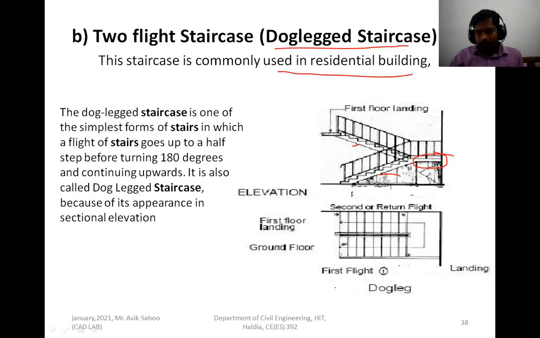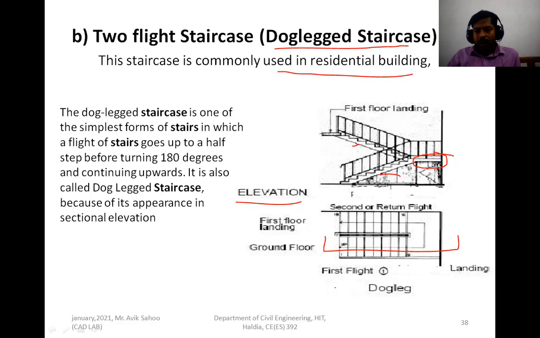Again the sectional elevation is drawn. We are considering a section, and along that line the staircase is cut, and the projection is drawn on vertical plane. So the vertical view comes, and this is called sectional elevation. This is not actually an elevation, it is a sectional elevation, because taking the section the elevation is drawn.